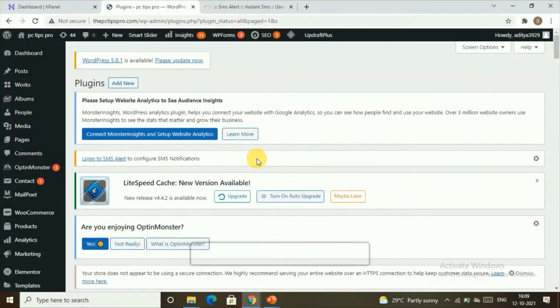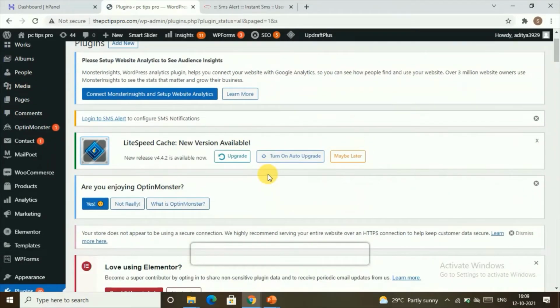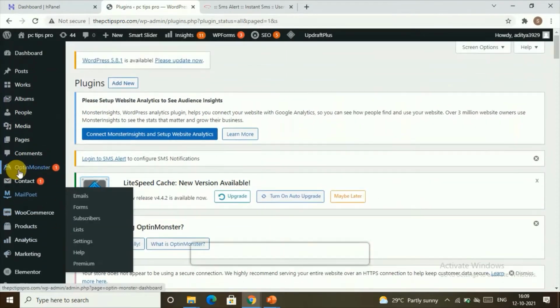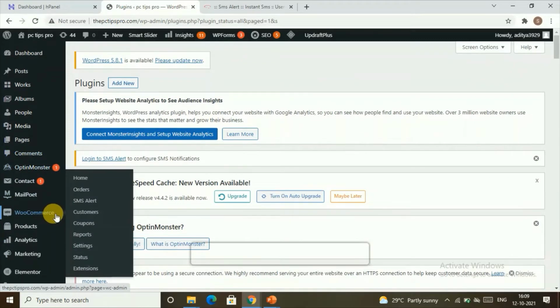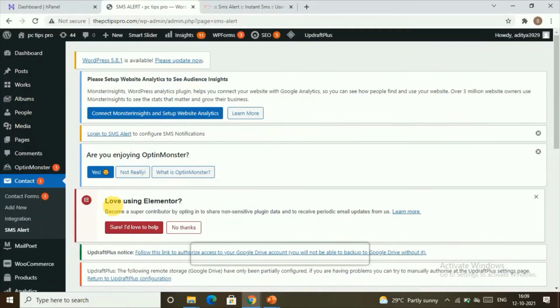In order to connect, we need to log into SMS Alert. To log in, we go to the WooCommerce section here, and here you can find SMS Alert. Click on it. Here we need to enter our login details. As soon as we create our SMS Alert account, we receive the login details at our mail address.